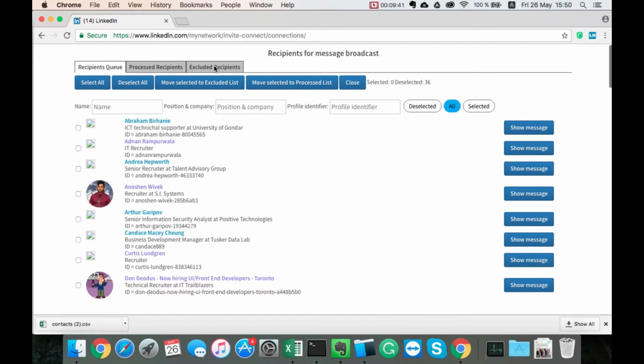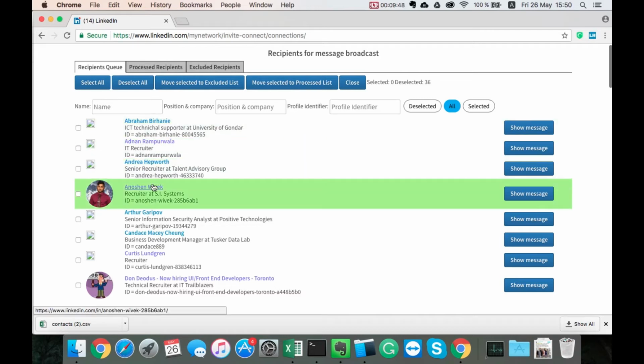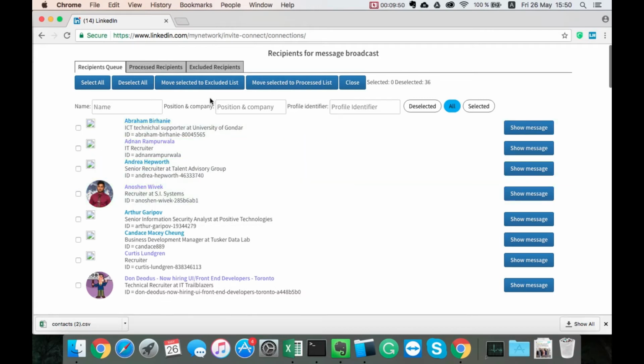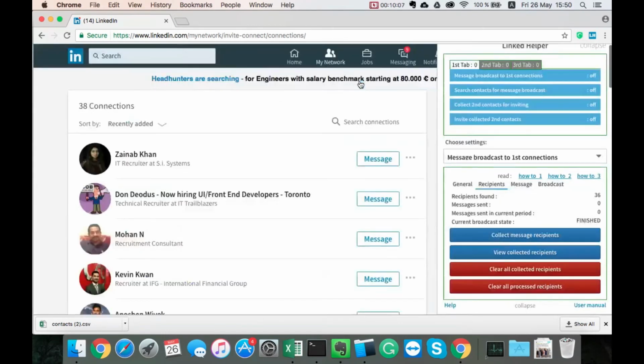And if you recollect again, Link Helper will pull to the recipients queue only new connections, so it protects you from duplicating messages to the same people with the same message. But you must use the same campaign to protect from this. Okay, now just click close,